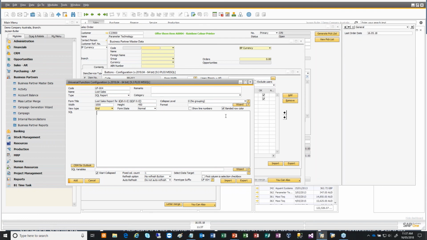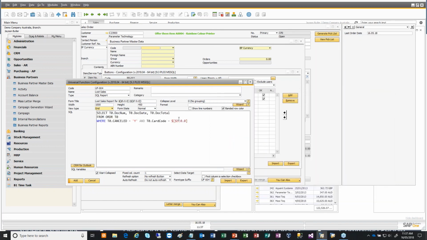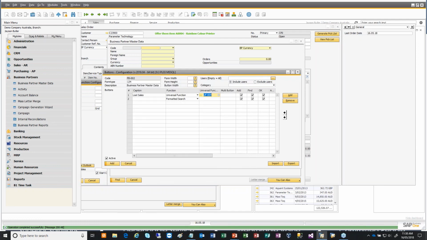Under the SQL block, we're going to enter the actual script that we want to run. And again, I've prepared one earlier, so I'm just going to copy and paste that in. And what we're looking for is the document number, the document date, and the total of the document from the order table. So from a sales order table where the sales orders were cancelled, and we only want that where it's equal to the card code or the customer record that we're currently on. I'm going to go ahead and click on Add